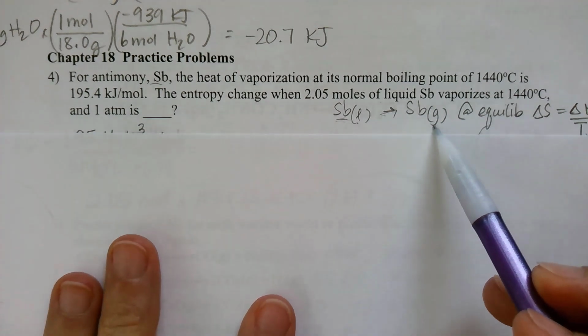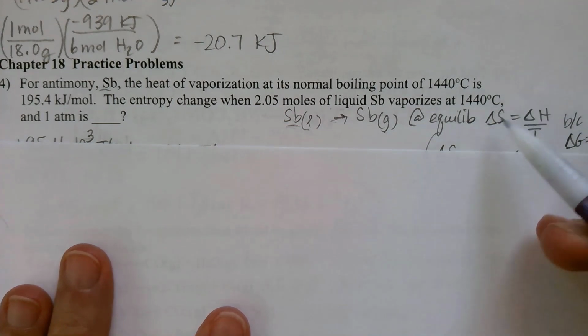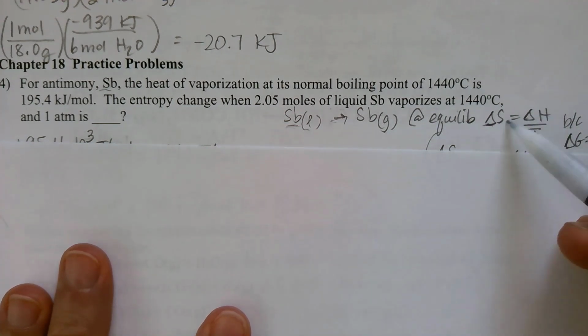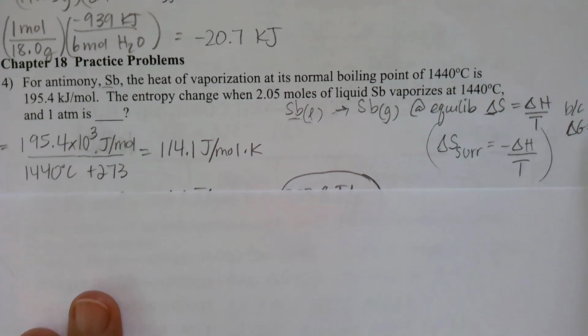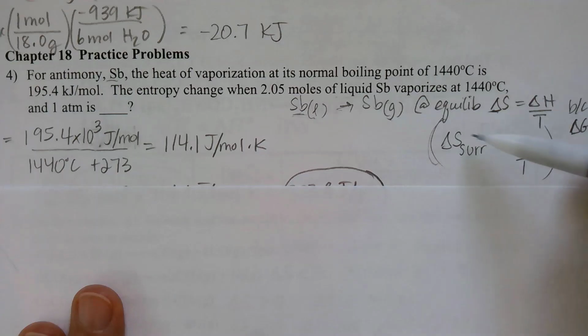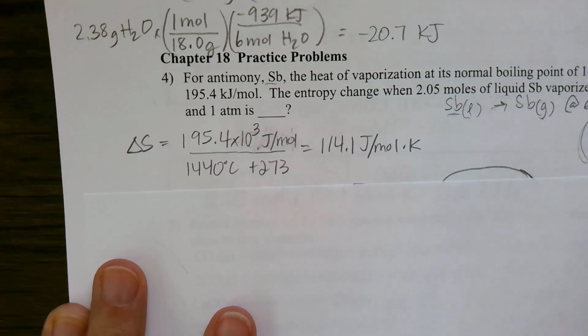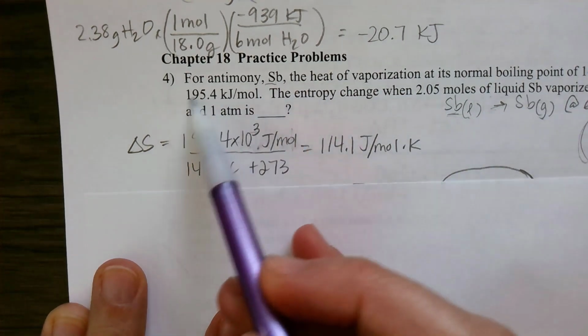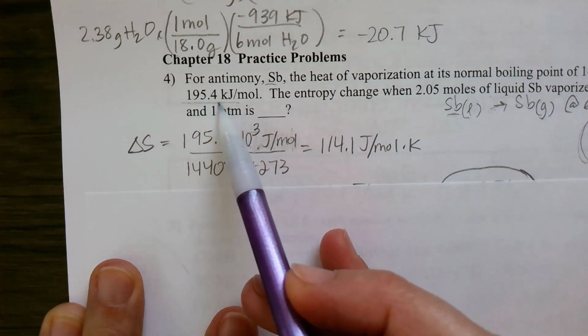Okay, now at equilibrium, and we can flip back to the front of this worksheet, at equilibrium, entropy change, delta S, is equal to delta H divided by T. And that's because delta G is equal to 0. So we also know that the delta S surroundings is the opposite of that. Well, let's plug in what we know. We know that our delta H is 195.4